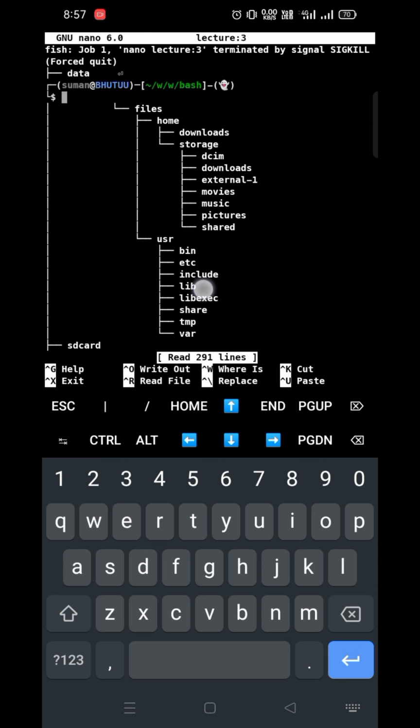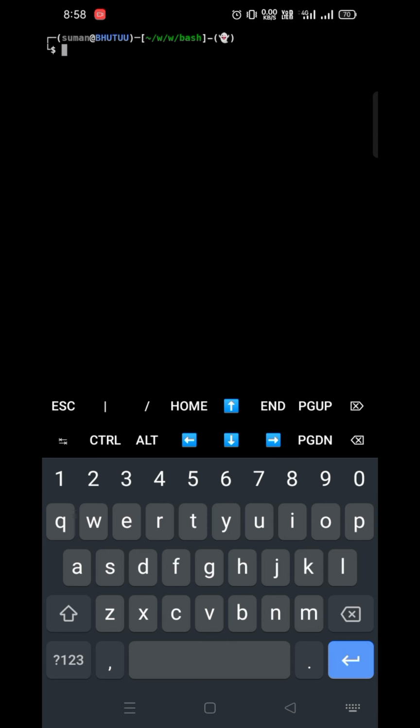Actually it's killed badly. You can see here my PS1, but also the nano user interface printed the same. If you do clear, then everything will be cleaned. Actually it was the same thing printed. Okay,